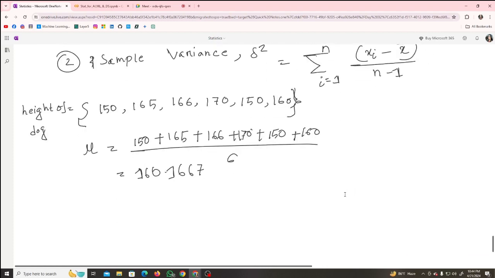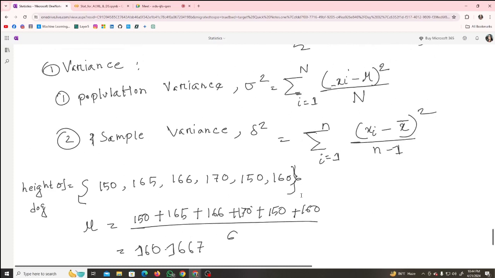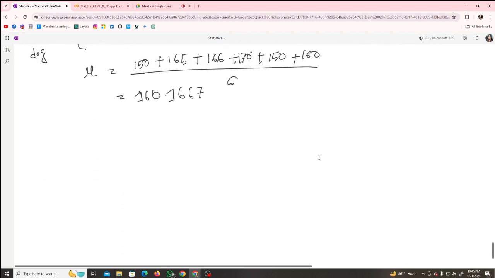Since we have short time, I'm just telling you what the variance means, and I think you can do the calculation by yourself. We have to get the difference between each data point and the mean, like 150 minus 160.66, then square it, and do it for the rest of the data in our data set, and we will get a value. Suppose we get variance as 100,